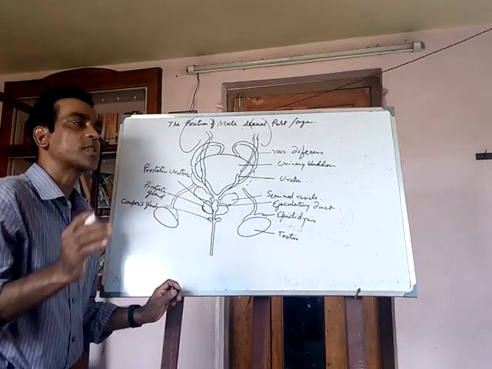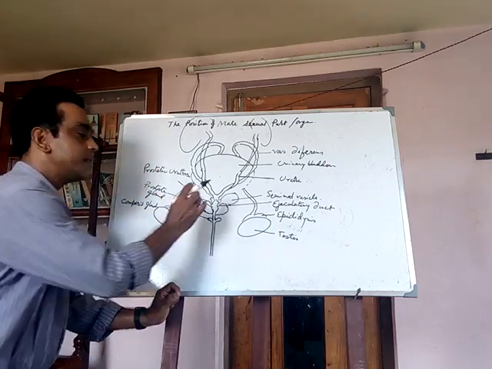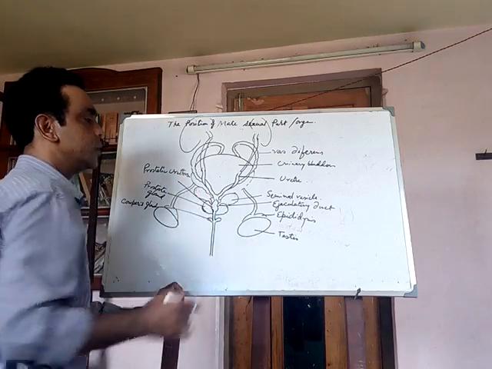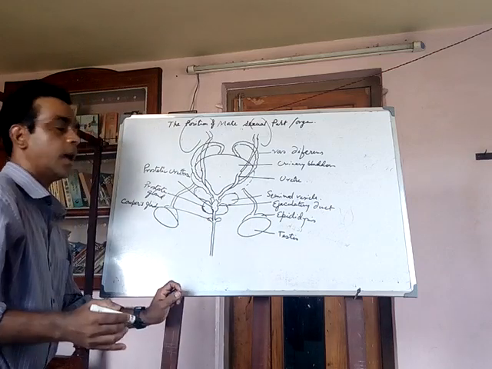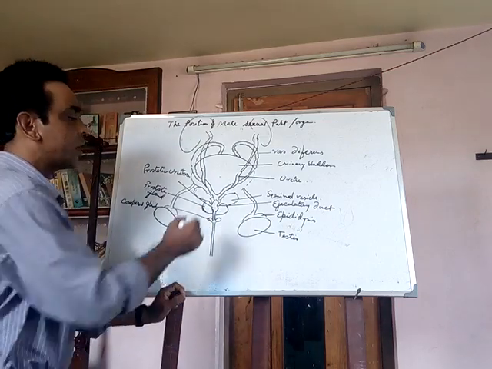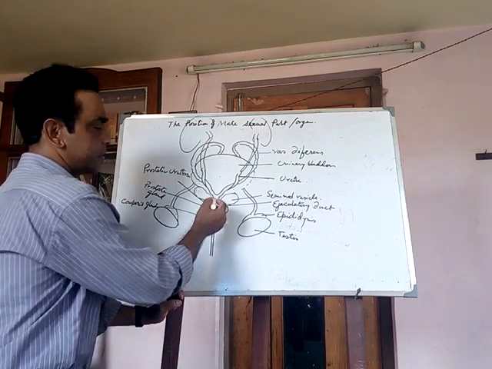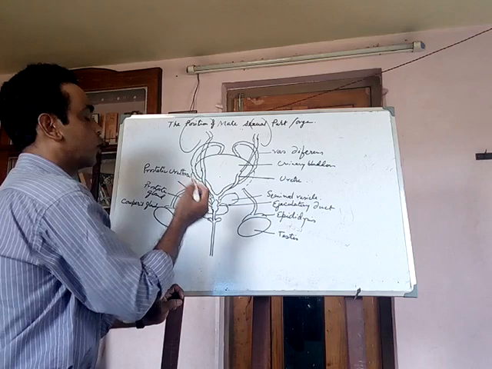All the corpus spongiosum muscles, corpus cavernosa and these canals make what is called the duct of urine and reproductive duct, mixed in this duct. As we say, it is the urinary duct, or we always say